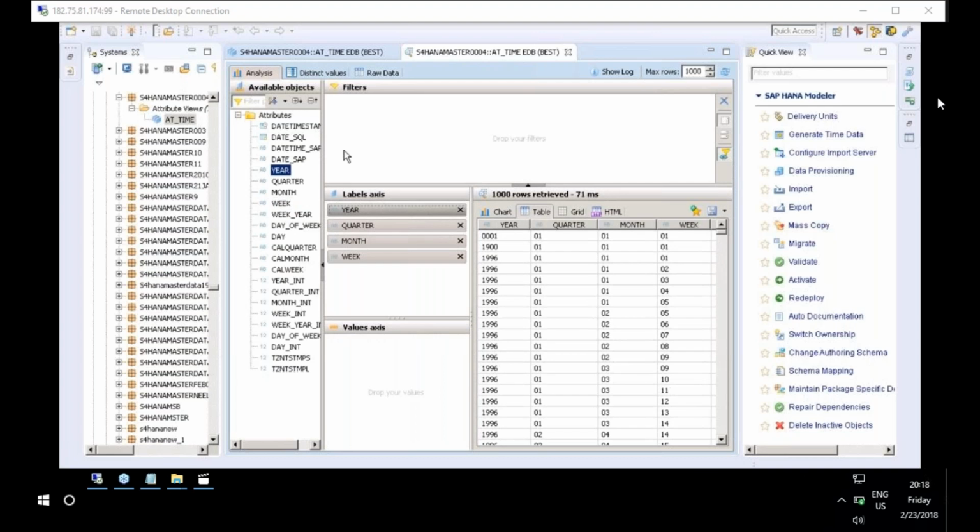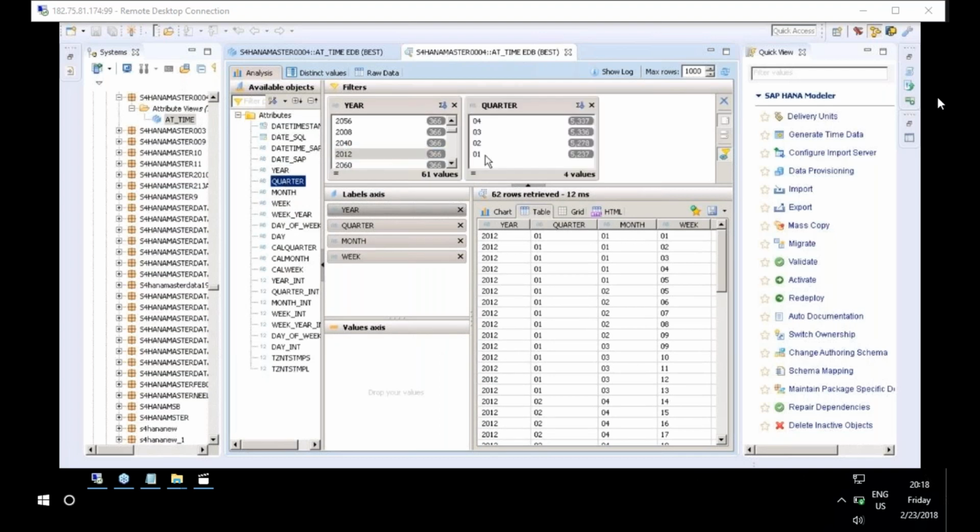Let me drag and drop. So let us select one year. So for example, let's say 2012, first quarter, in the month of Jan. So here you can see for year 2012, for the first quarter, for the first month, and for this month,